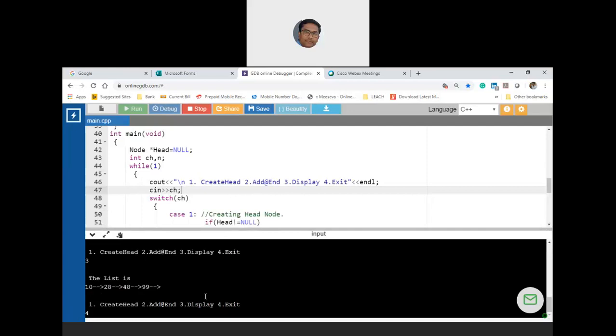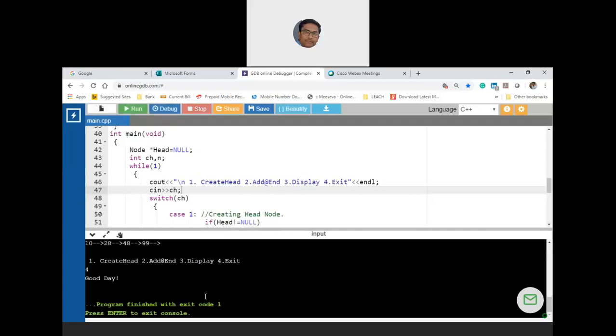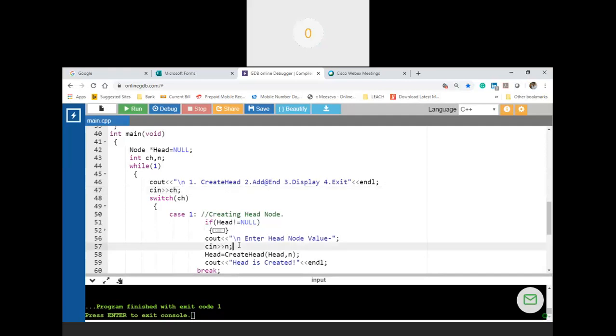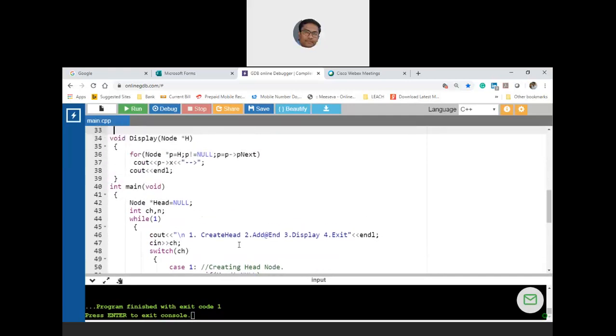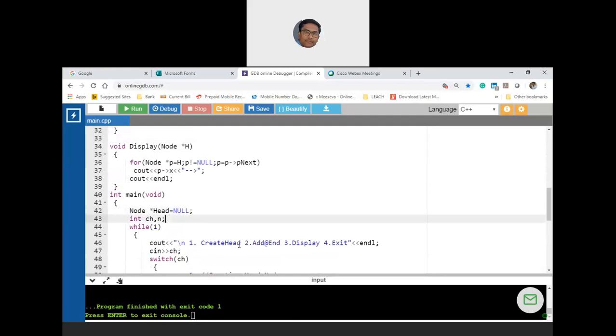Somebody is asking: sir, but where are we changing head arrow P next? Inside the code.